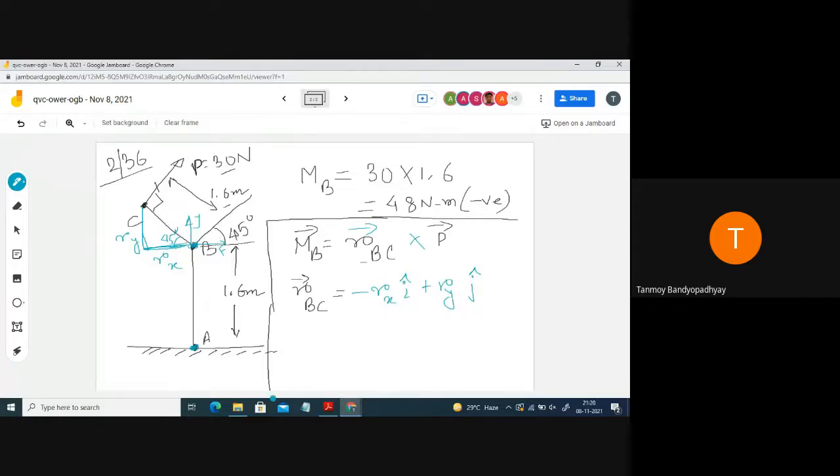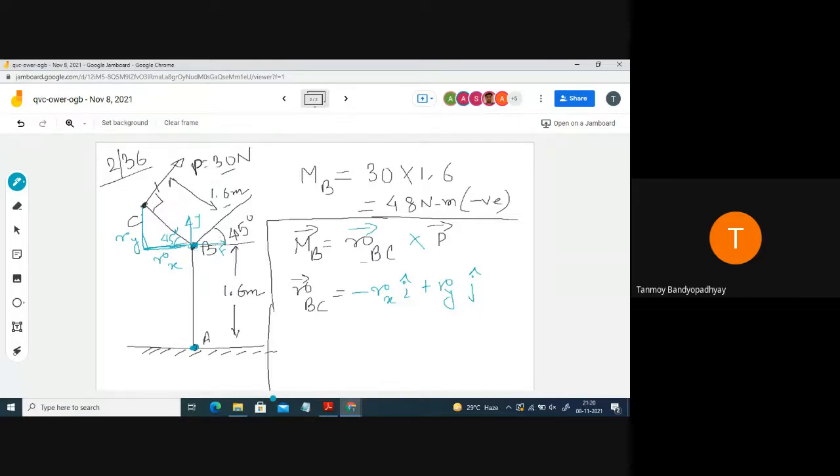What you can do is take a fixed origin at the point A and do the problem. Or what else you can do is, since I intend to find out the moment at the point B itself, you assume the origin lies at the point B itself. Or you assume that I am moving from the point B to the point C. So what is the change in the position vector? Okay. So in that case, assuming B to be the origin, what is the coordinate of the point C?